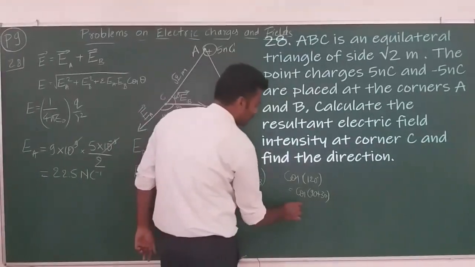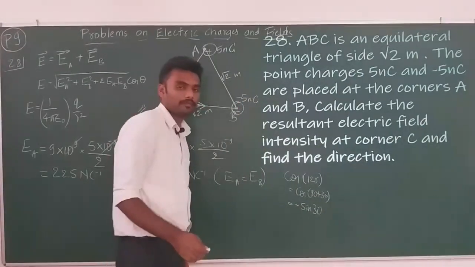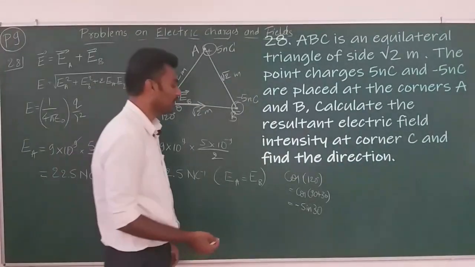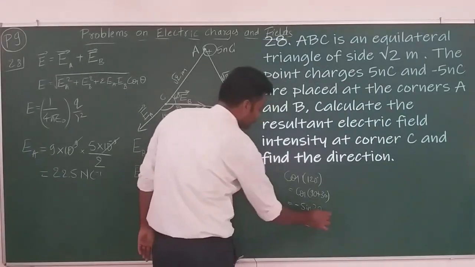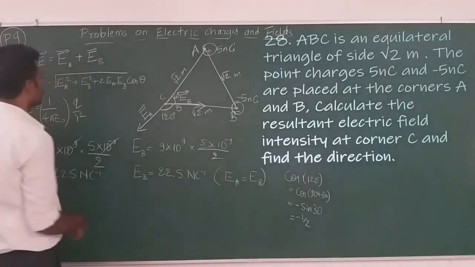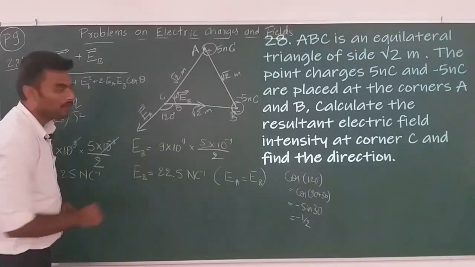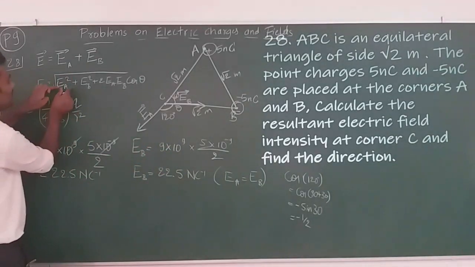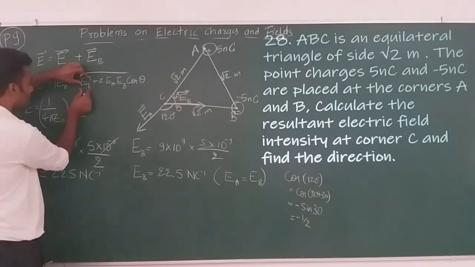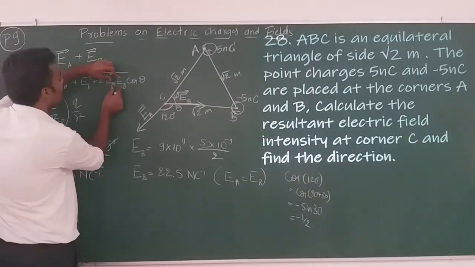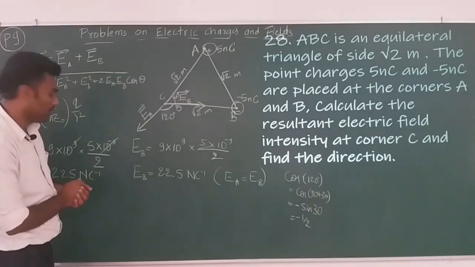So, which will be minus sin 30, right. Cos of 90 plus theta is minus sin theta, which is equal to minus half. So, cos 120 is also found. Let us put all those values into this. Before that, EA is equal to EB is the given condition, which makes all these values inside as EA squared. This is also EA squared. This is 2 times EA squared plus EA squared. EA into EA, which is 2 times EA squared, right.